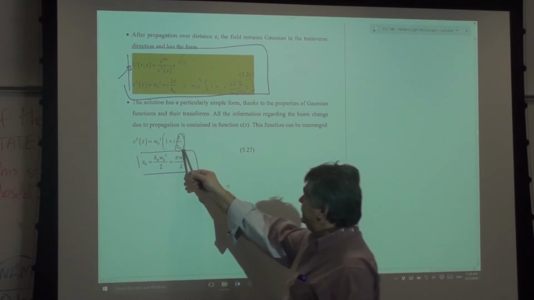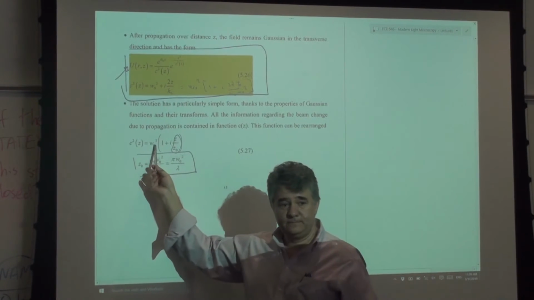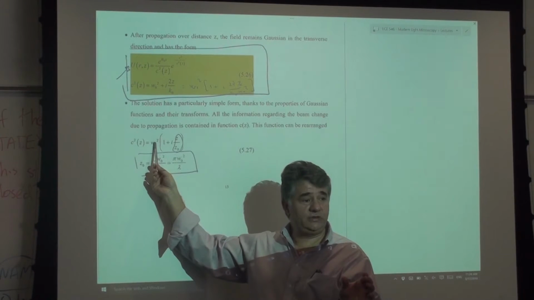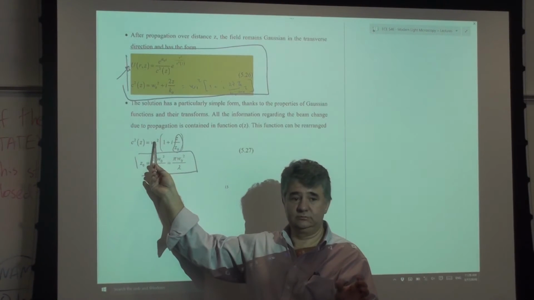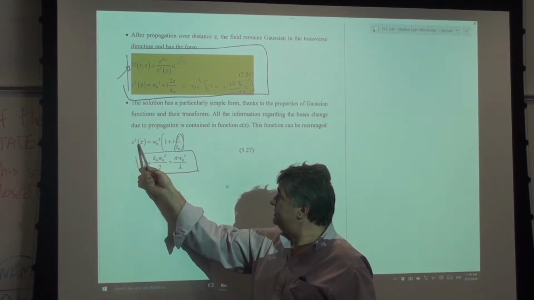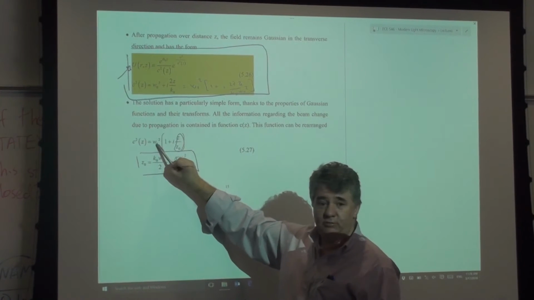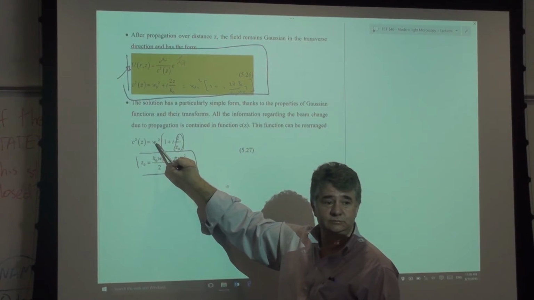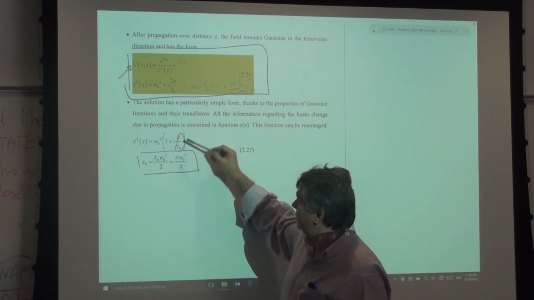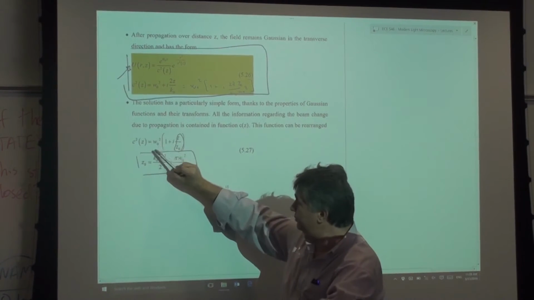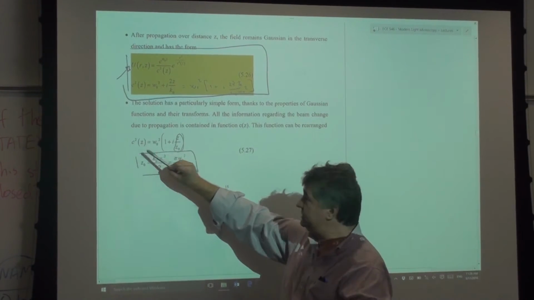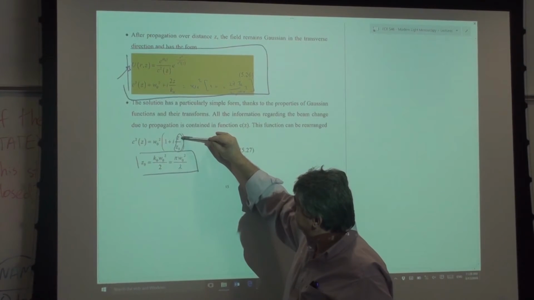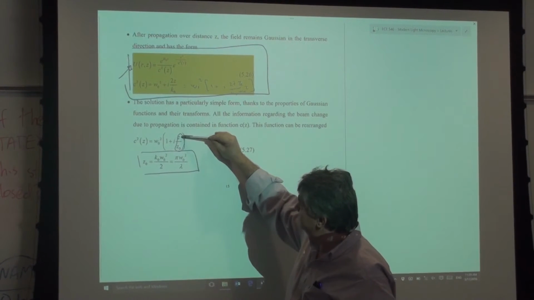So what it says is that I started with, this is my input. This is a Gaussian of width W naught. Yeah? C is telling me how this W changes, basically. Right? So when Z is 0, I'm basically at the input, but my W becomes C. As Z grows,